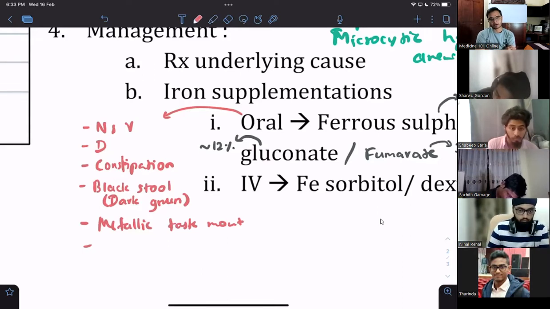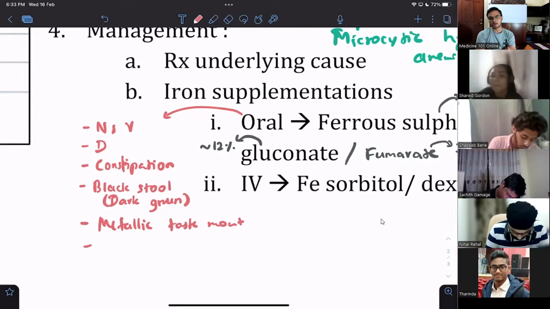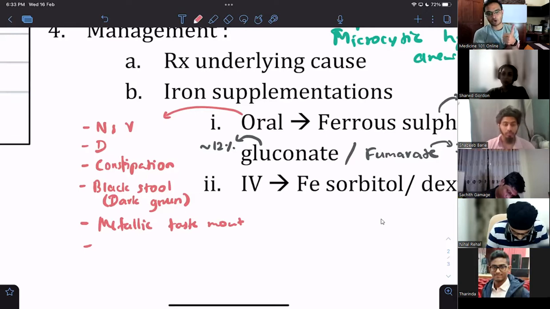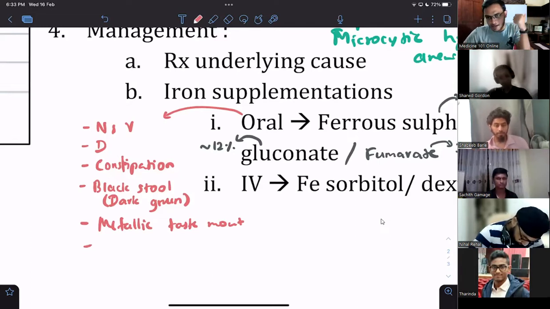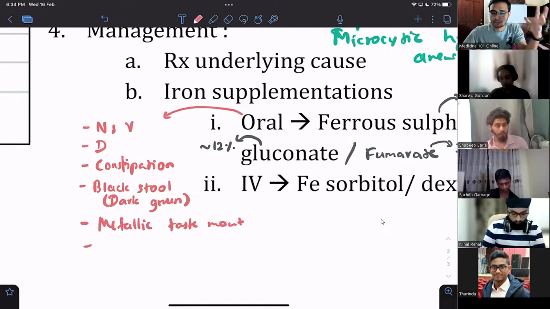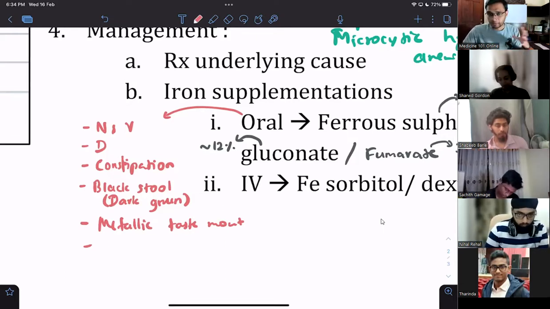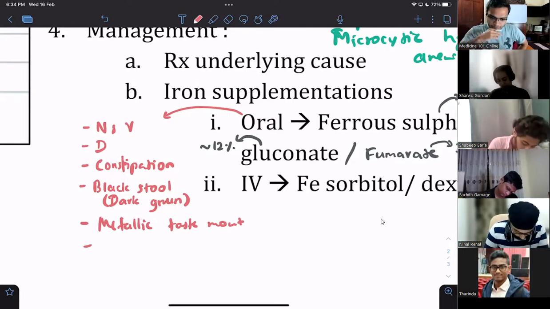Again, remember, if you're giving oral iron and it's not working, one thing you should suspect is some sort of inflammatory disease. We talked about hepcidin. Remember those points. And the other thing you should suspect is any sort of GI problem, be it worms, peptic ulcers, perforating ulcers, whatever. Blood loss. You have to think of those if you're giving oral iron and it's not working.